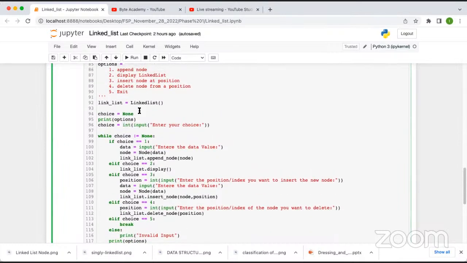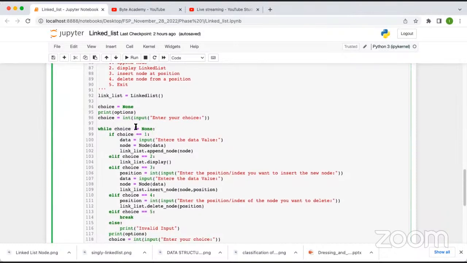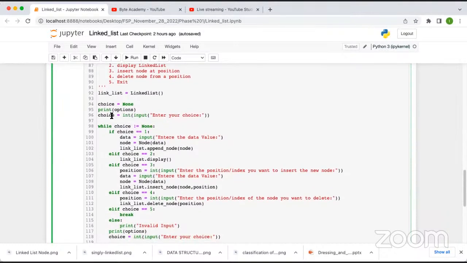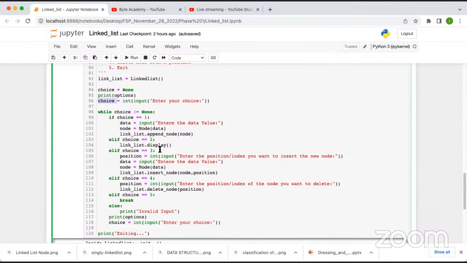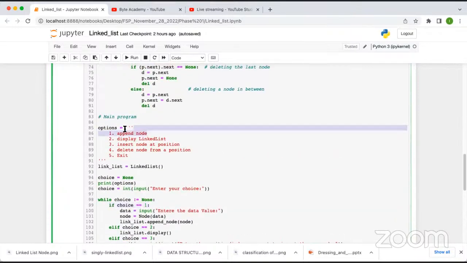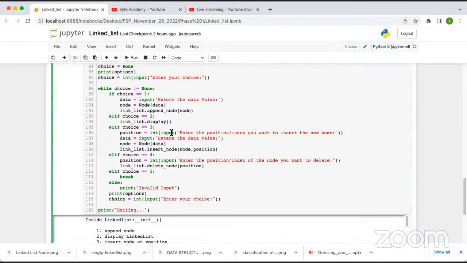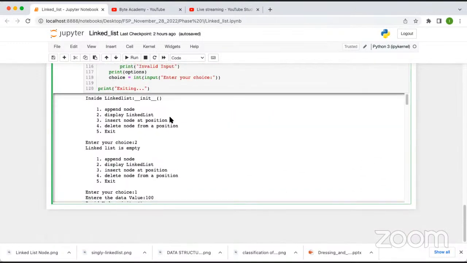So right now, in the linked list, choice is not equal to none. What is choice? You entered something, 1 2 3 4 5. So inside the while loop, choice is not equal to none. Yes, choice has something. Let's see if choice is equal to 1. So what is 1? Append node. So let's say you are trying to display the linked list